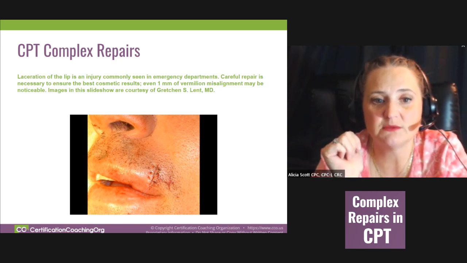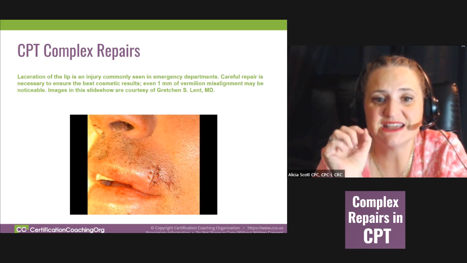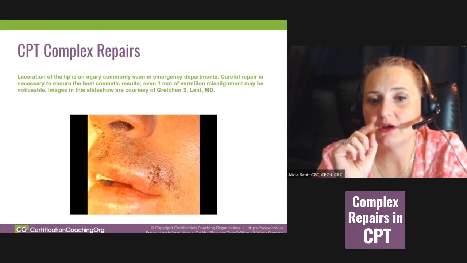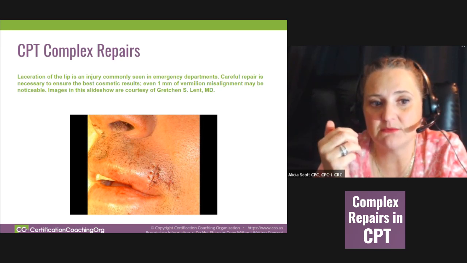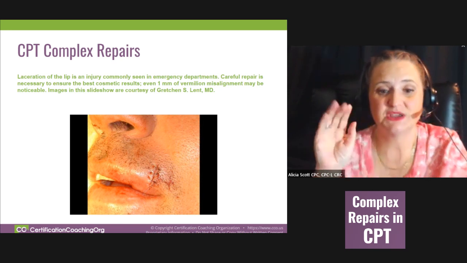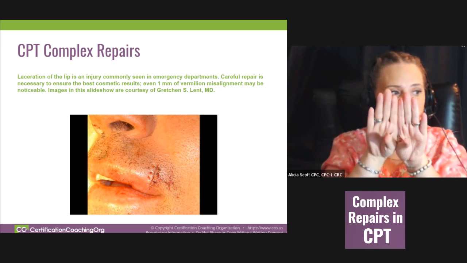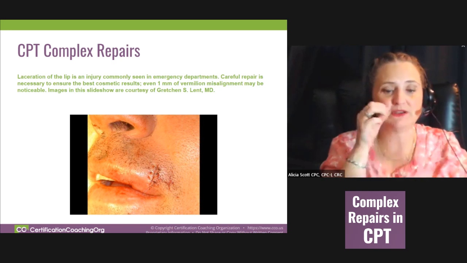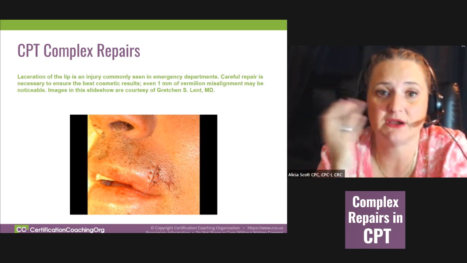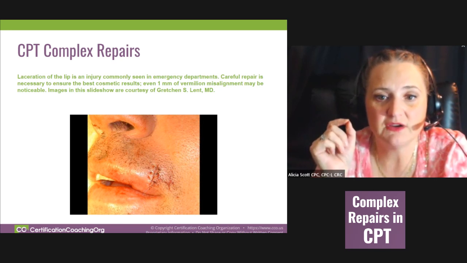So if we're doing a cosmetic result, it says even 1 millimeter of vermilion misalignment may be noticeable. So that's tiny. When you're pulling that together, if it's off just a little bit, you're going to get a pucker, and then it'll heal that way and they'll have that pucker forever. Okay. So be very, very careful